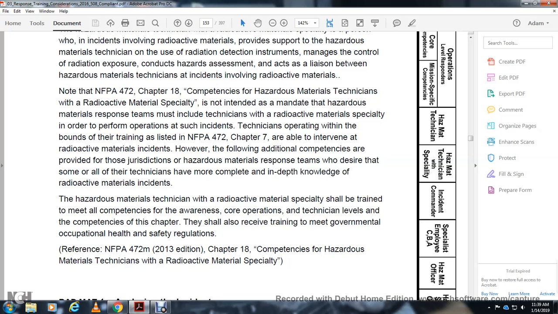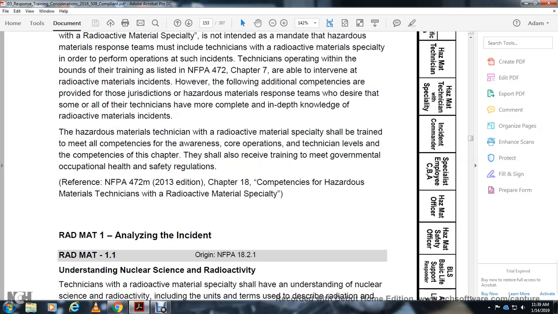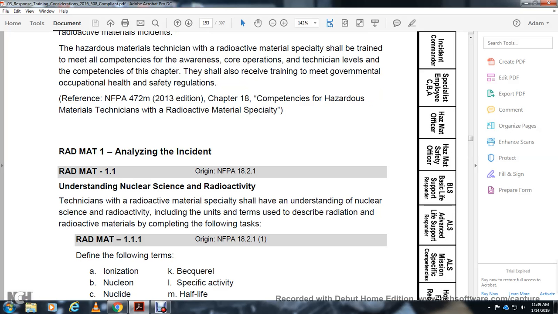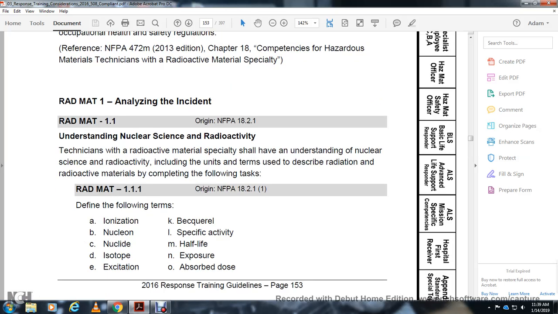Edition, Chapter 18, competency of the hazardous material technician, radioactive material specialty, radioactive material analysis incident. Understanding nuclear science and radioactivity: the radioactive material specialty must understand nuclear science and radioactivity, including using terms that describe radiation and radioactive material, completing the following tasks. Defining the following: ionization, nuclide,